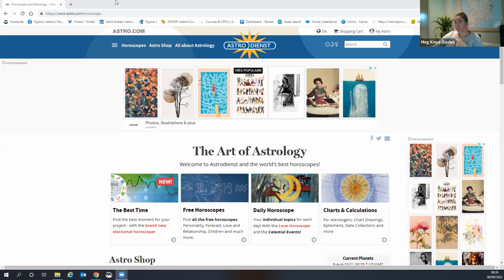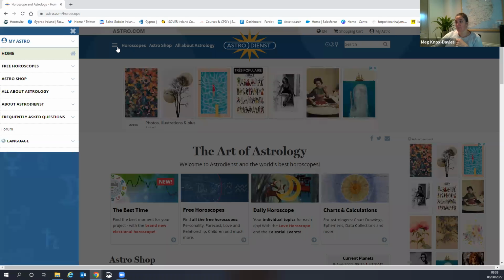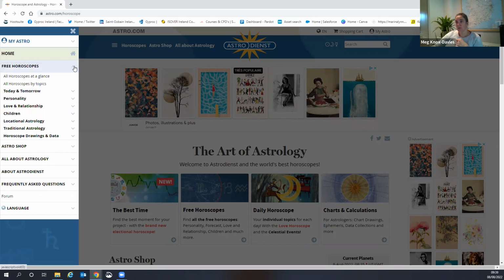Hi. Okay, so in this episode, I want to show you how you can actually pull up your own astrocartography map. So I'm going to share my screen and I'm going to show you now. First, you need to go onto astro.com and you want to click on the hamburger filter, and then it goes down here. I'm going to click on locational astrology,